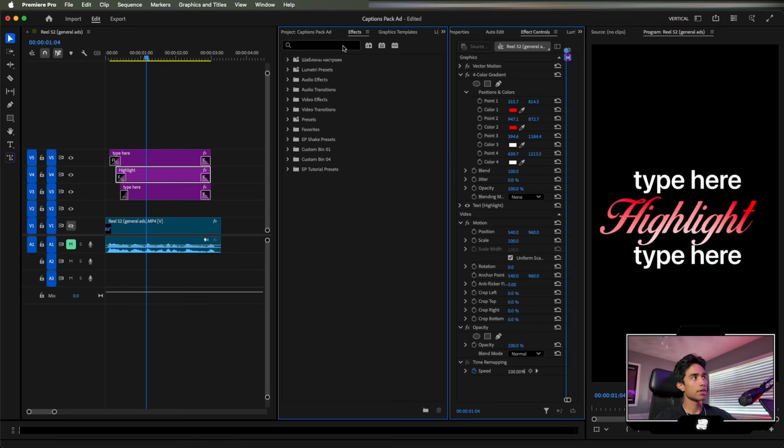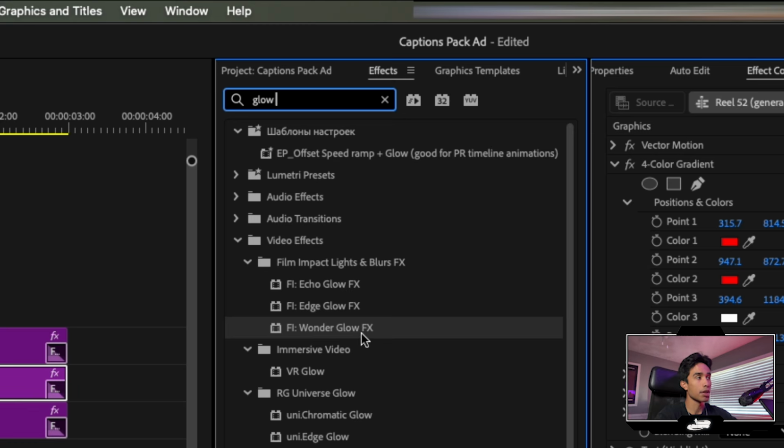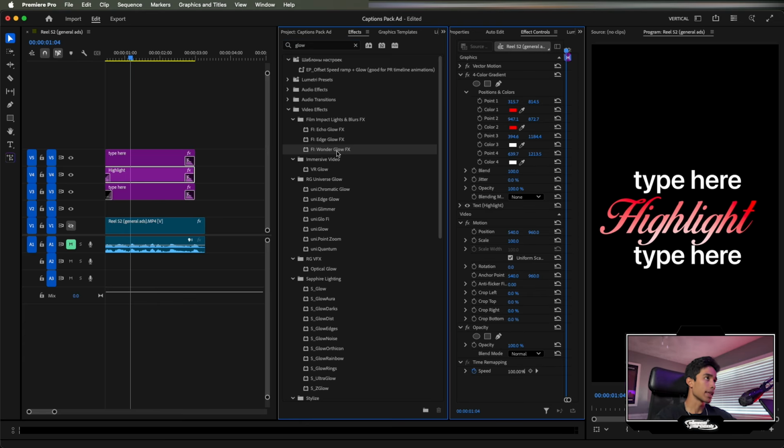Now, one last thing I'm gonna do is I'm gonna apply a glow effect. So I'm gonna go back to my effects and presets, and I'm gonna search for the Film Impact glow effect. You should also see it in your effects and control panel. And then we're gonna drag and drop the Wonder Glow effect right here to the highlight, just like this. You're gonna see